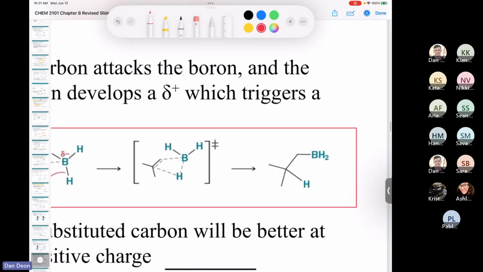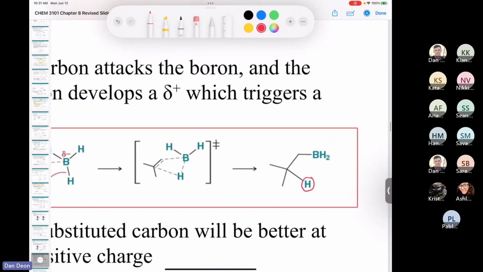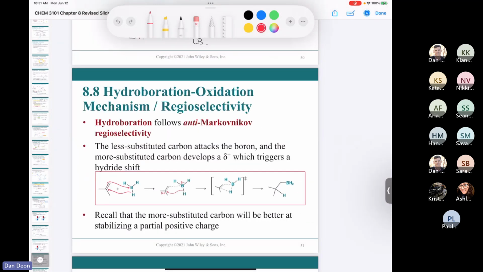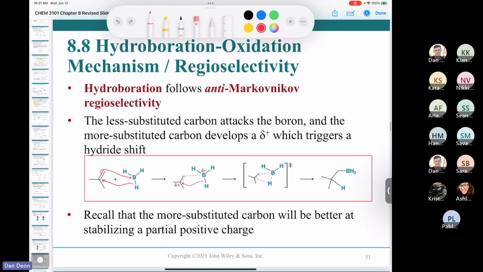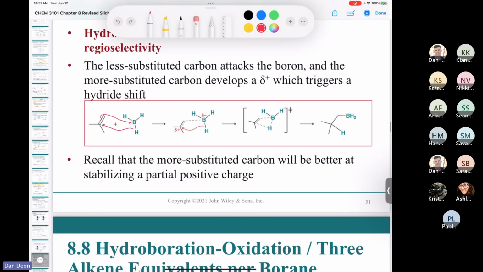It's because of sterics, right? The hydrogen goes to the more substituted carbon because it's just bulkier, and the boron gets attached to the less substituted carbon. That's one of the answers, based off of sterics. And then there's another answer which rationalizes it by an electronic effect. And I think that's shown,